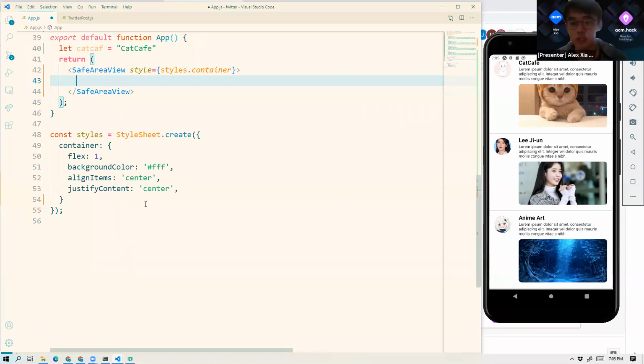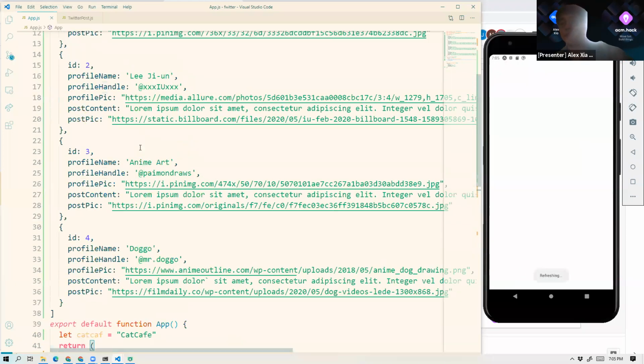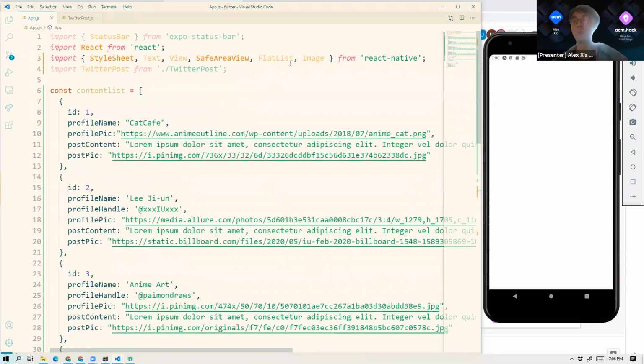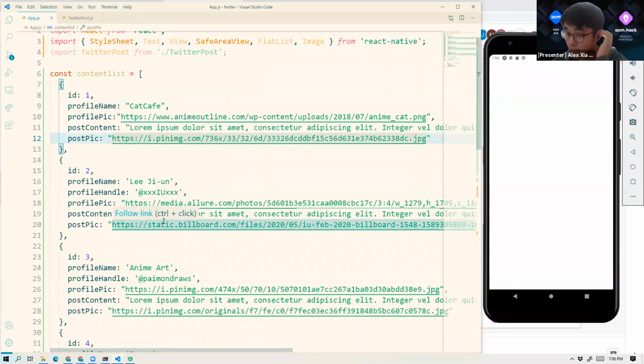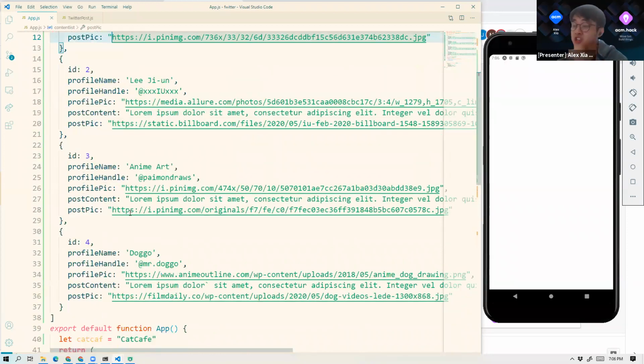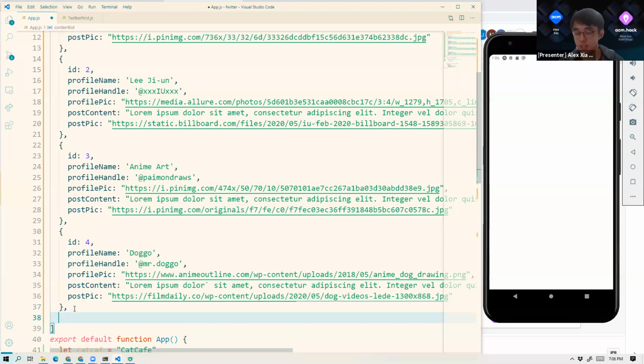There's a question: could we just do an array of Twitter posts, like we put the extra Twitter posts in the array? Yeah, we could. And then you would be using scroll view to do that, which is not what we want. So we want to be using flat list, and the most recommended way of using flat list is to create an array with all the data laid out like so, because say you wanted to create a new post 5,